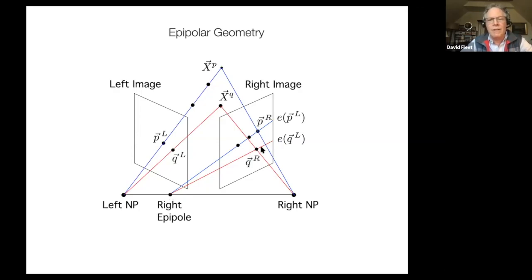And similarly, symmetrically, for any point in the right image, there exists an epipolar line in the left image, and all epipolar lines in the left image converge on a point, which is called the left epipole, and the right and the left epipoles live on a line. It could be at infinity, but they live on a line that goes through the two nodal points of the cameras. So in total, what this tells you is almost everything you need to know to solve two problems,